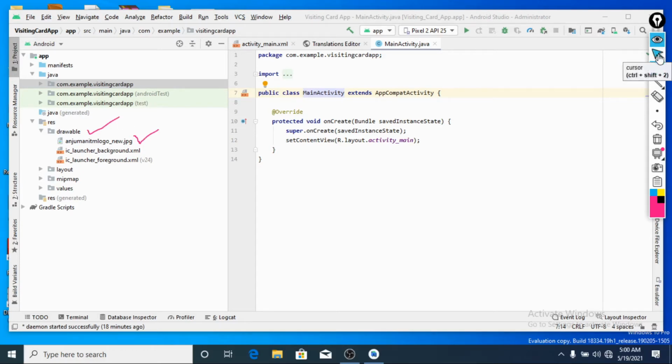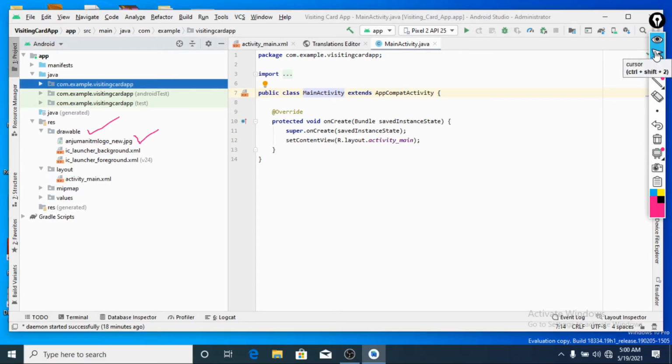Next is layout. If you click on layout, there is one file called activity_main.xml. This is very important, it is the body of your app.